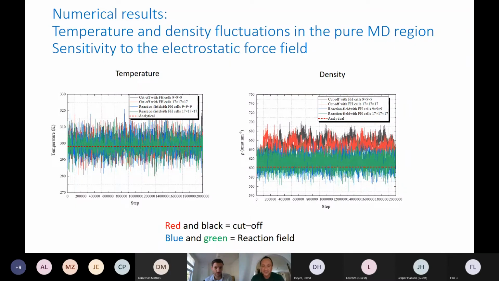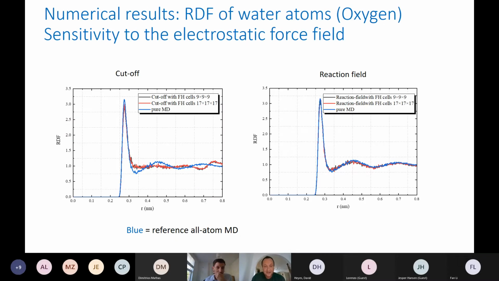We actually see that the density is not preserved, and hence the pressure is not preserved when we're using the simple cutoff method. In the molecular dynamics simulation, we were using NVT, so hence pressure is not guaranteed. So hence we needed to do some extra work to also capture the pressure. So that's probably one of the final slides,